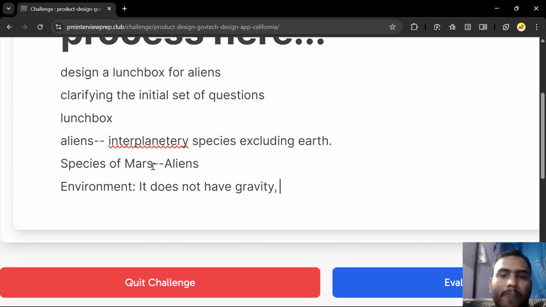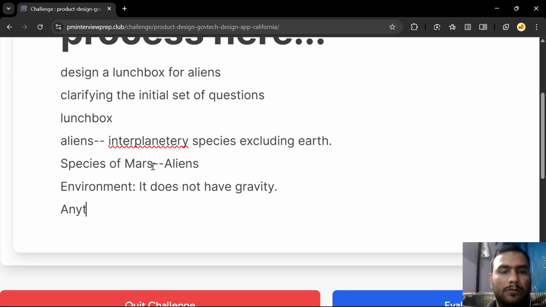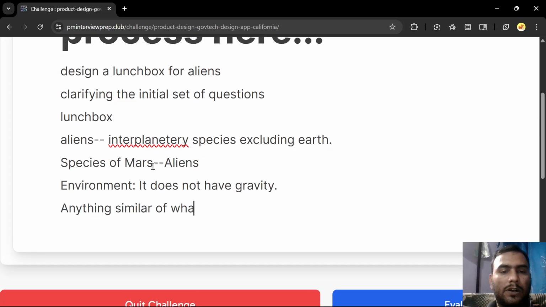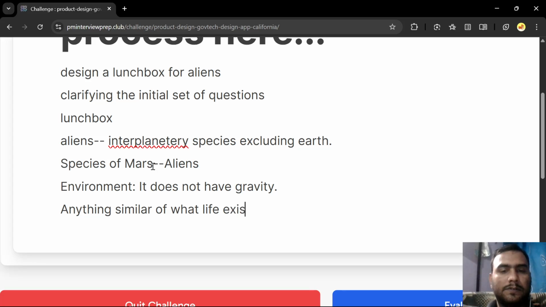That's abstract, there is no reference to design that, but we'll come to that. First let's think about their environment. It does not have gravity, and anything similar of what life exists on Earth,